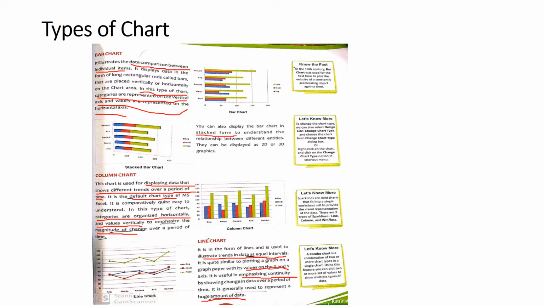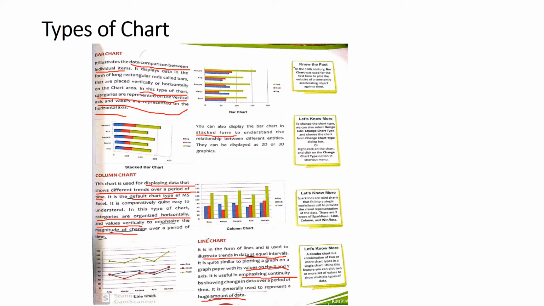We can add the subject, like here in this example we have added English, Hindi and total. We will create a table of these information about these 5 students, and then we will select the data and create the corresponding bar chart for the same. So in this chart, the values that we are going to represent are on the horizontal axis, meaning the marks scored by the student, and the categories, meaning the names, are represented on the vertical axis.